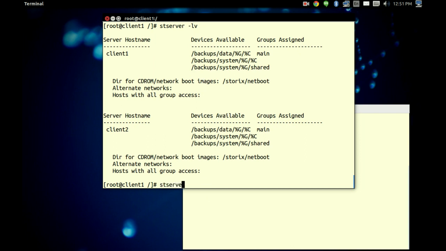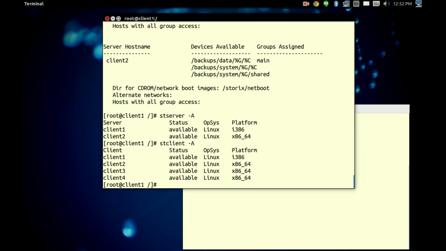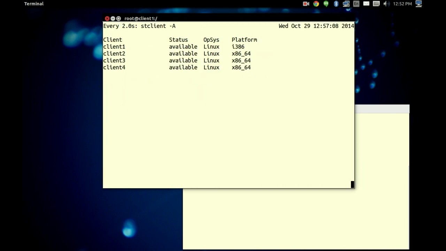And one extra flag that we went over last time was the -A flag. What the -A flag does is give you the current status of all of your servers, or you can use the same one with the stclient command. So it actually works in both cases. Now this is the same command that the GUI and web interfaces are using to pull up that real-time data for you. In fact, if you want to create your own sort of real-time console, you can go ahead and use the operating system's watch command along with, say, stclient -A, and that will give you a real-time look at